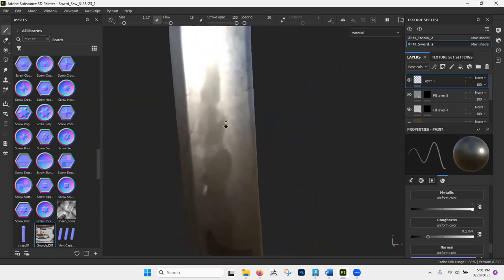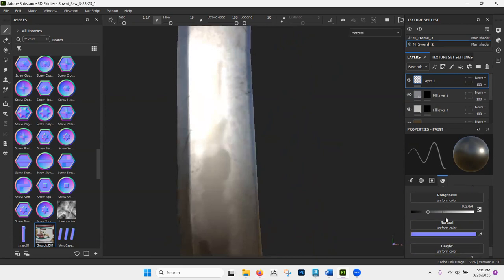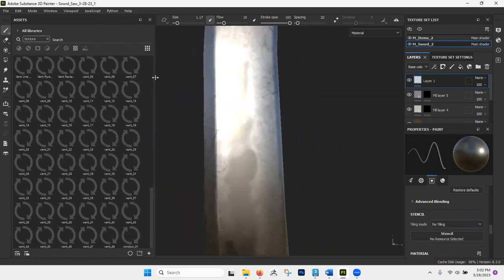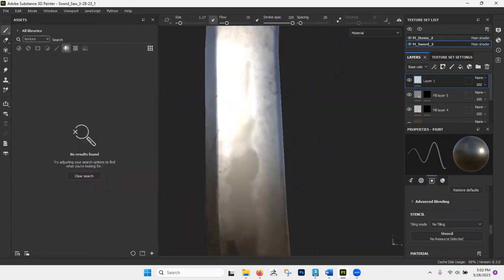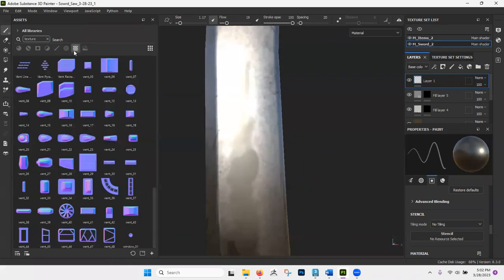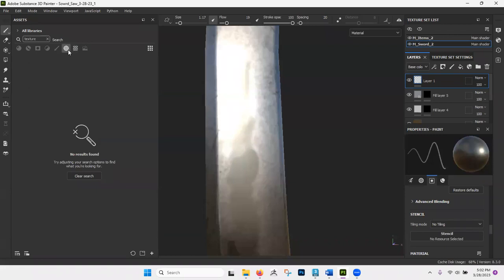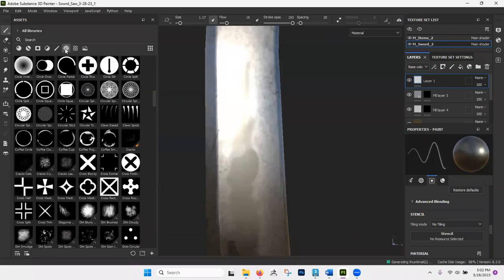Now you don't have to use just this pure brush. I can actually go down, and I've got alphas and stencils. So in this section here, I can click, or I can go over here, and I've got... I'm just clicking through alphas, and these are brushes. So if I click this one